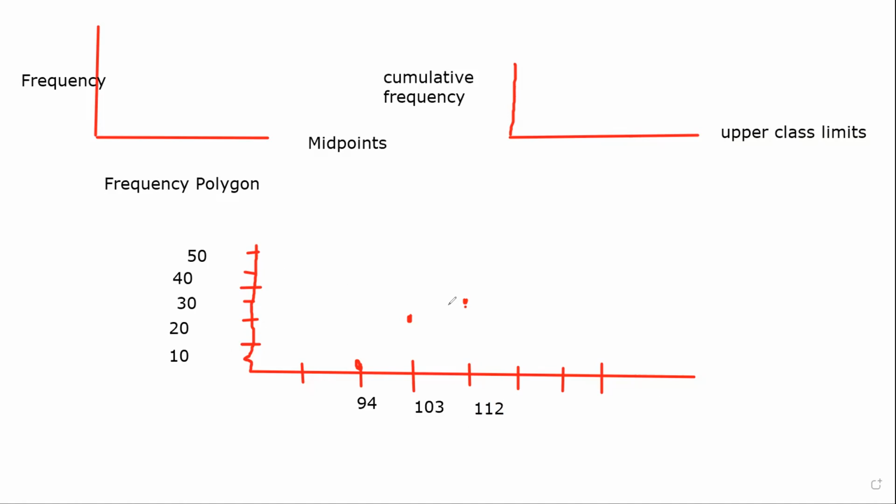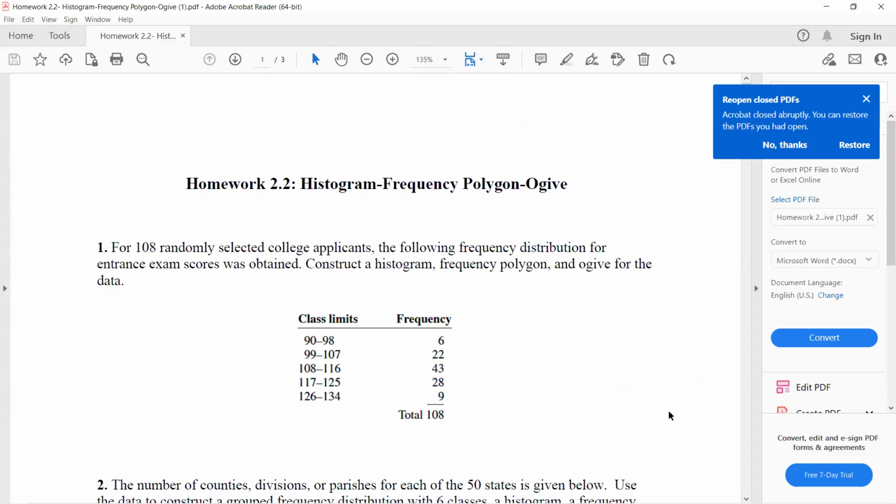Okay, so then we go to the next one, which is 121 and, I missed one. 28. 94, 6, 22, 43. I think I missed a point. Let me check it. No. So I'm doing 6, 22, 43. Okay. 28 and 9. So here, okay. So here I've got